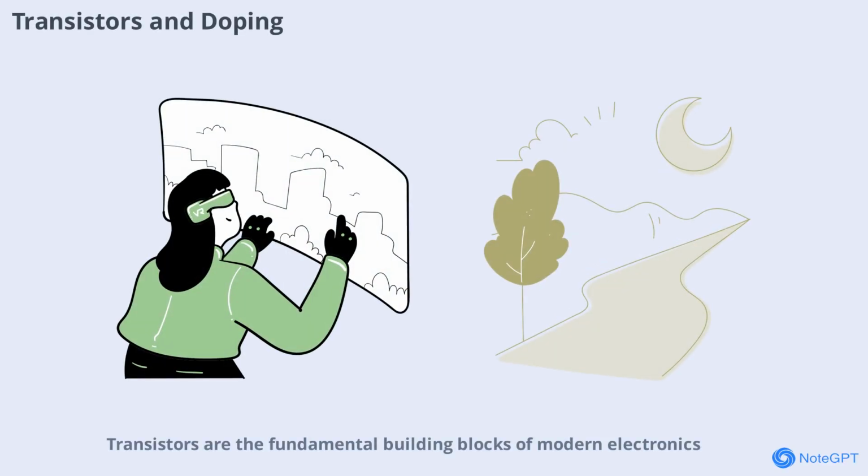cars. Transistors are the fundamental building blocks of modern electronics, and doping is essential to their operation. By creating N-type and P-type regions within a single piece of silicon, engineers can build transistors that act as switches or amplifiers. The precise arrangement of these regions determines how the transistor behaves, allowing for the creation of powerful and